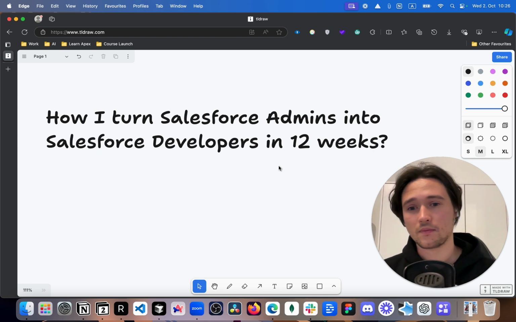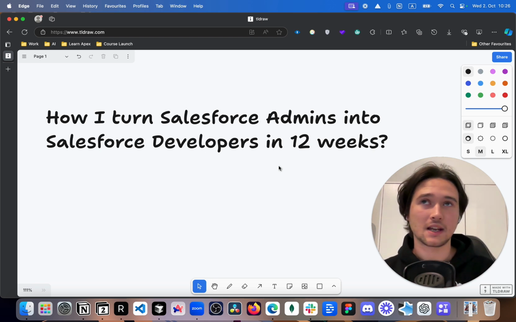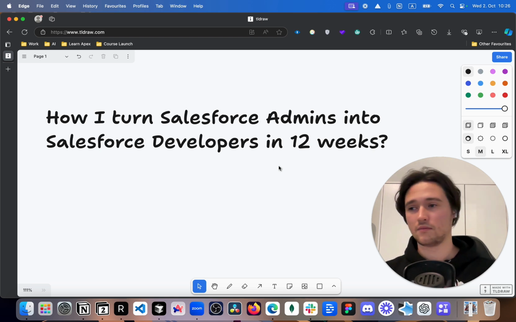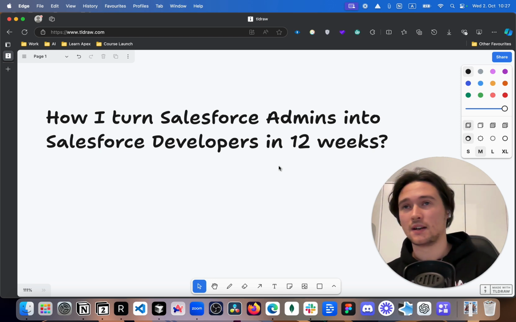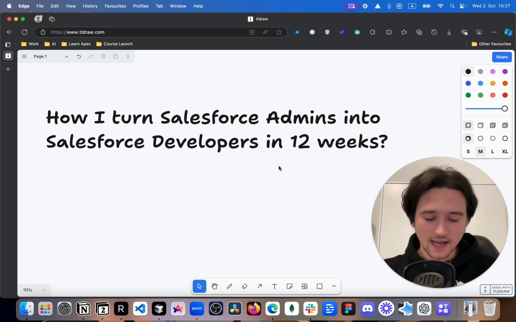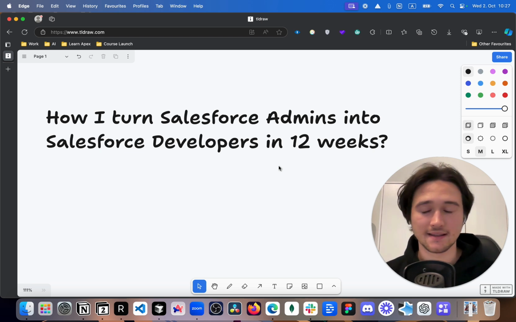So those two things: you're working in Salesforce, and that can be anything. It can be architect, senior Salesforce admin, senior Salesforce consultant, all of this. BA, also senior project managers, all of this. If that's you, then you can switch into Salesforce development relatively easily. And I want to show you how to do it today.